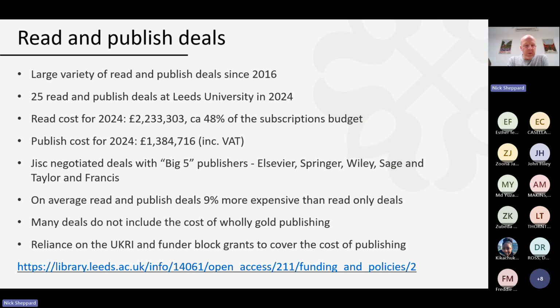The first thing to point out really is probably what we call our read and publish deals. Again, what I was saying initially, where historically the sector has subscribed to have subscription access to journal articles. Increasingly now they're bundled up into what we call read and publish deals. So that means we pay still very high fees to the big commercial publishers, but that enables us to both read that content and also to publish that content. We've had a large variety of these deals in place as a sector and as a university since 2016. 25 were in place last year in 2024. I've put the cost down there just for information as well, because a lot of these costs are hidden, and I think it's always valuable to highlight just how much money this does cost